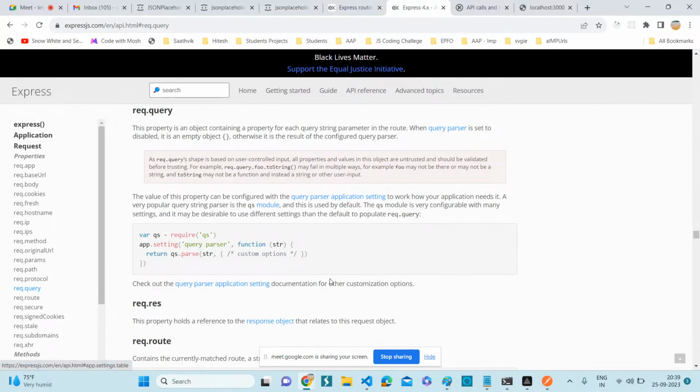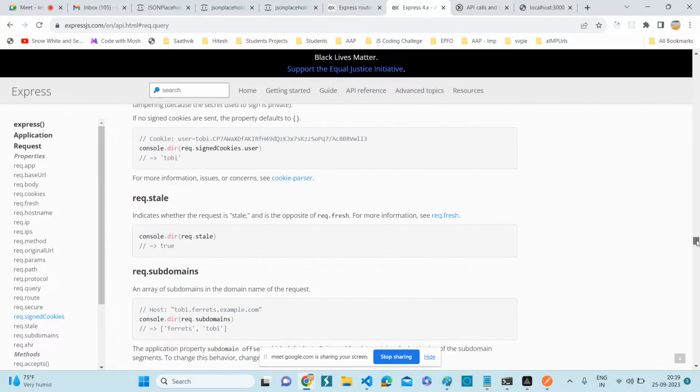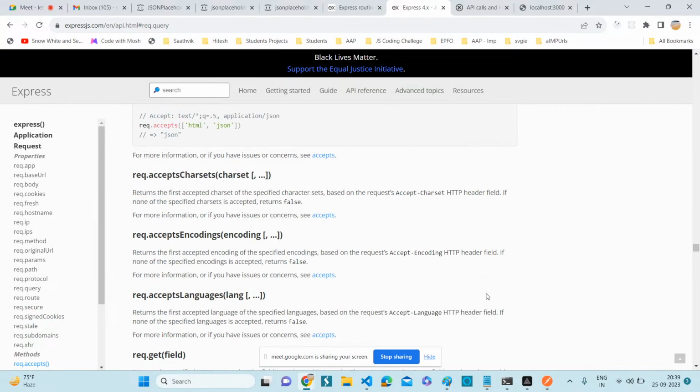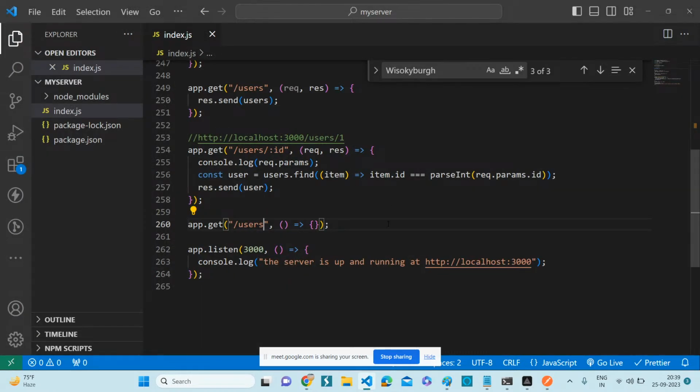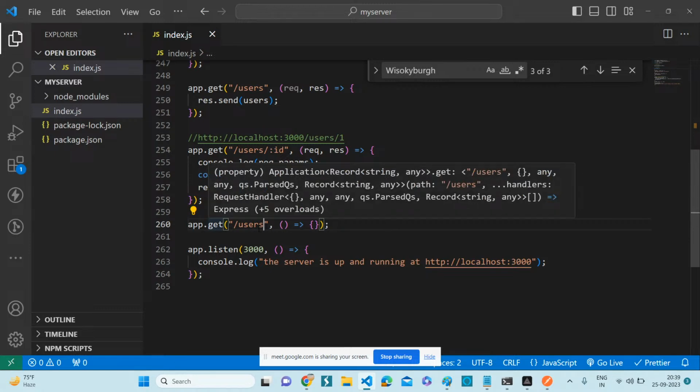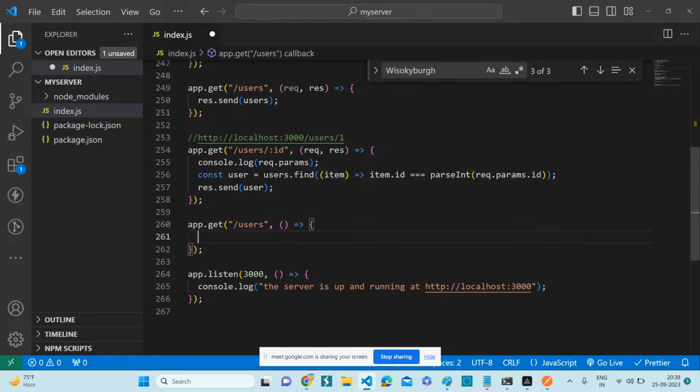I think for the query parameters, we don't need to figure it out based on the query parameter. Okay, no problem. Let me try. So whenever you do app.get users, okay, what I'm doing here